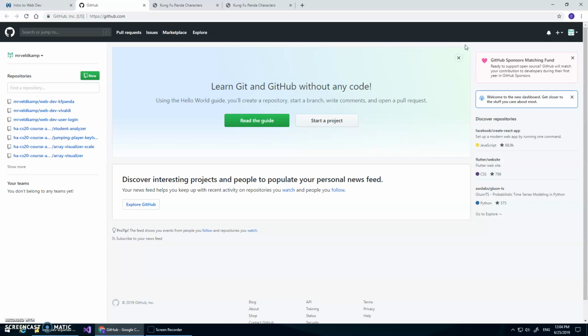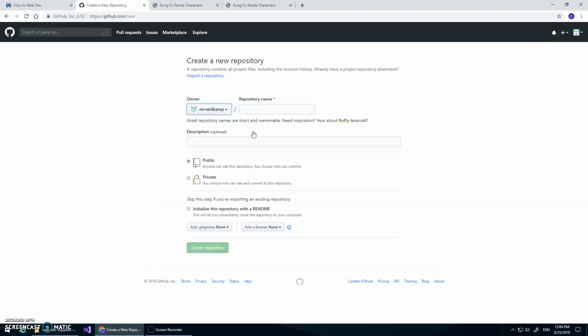Once you have an account, what you want to do is make a new repository. You can do that here with this green new button. You can do that with this plus sign, new repository. And when we create a new repository, we give it a name. They should be short and memorable. You should not have spaces in them. I just do dashes usually. So this will be